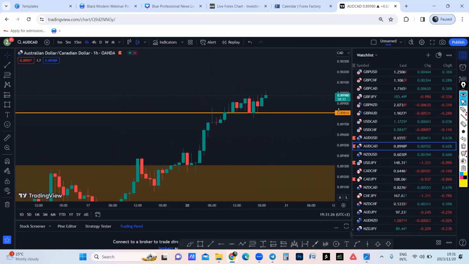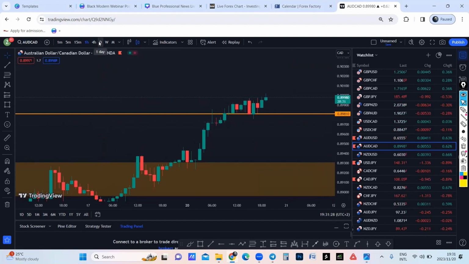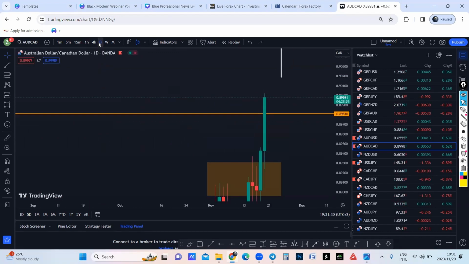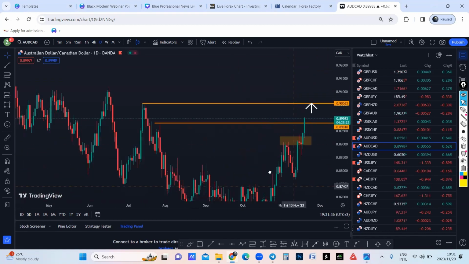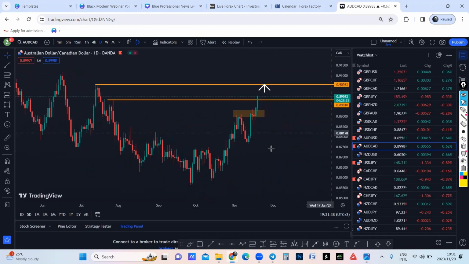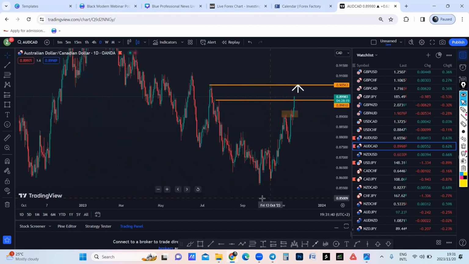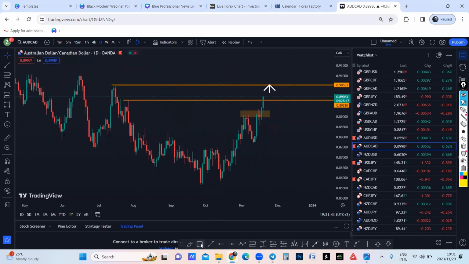All right, but on this one, I ended up not taking a trade because I was still looking for entry confirmations on my price action here. But looking at the daily time frame, guys, you can clearly see that the market is bullish. The market is making high highs and high lows.